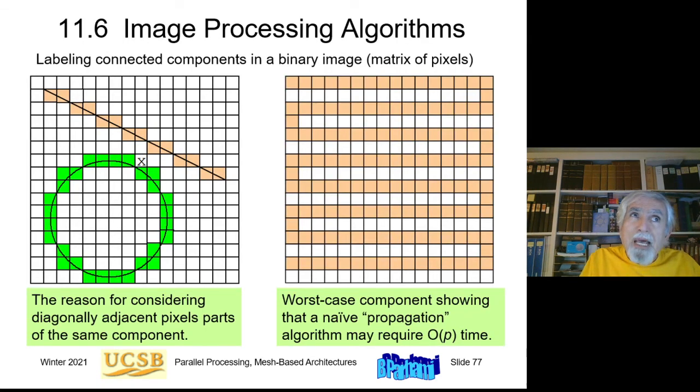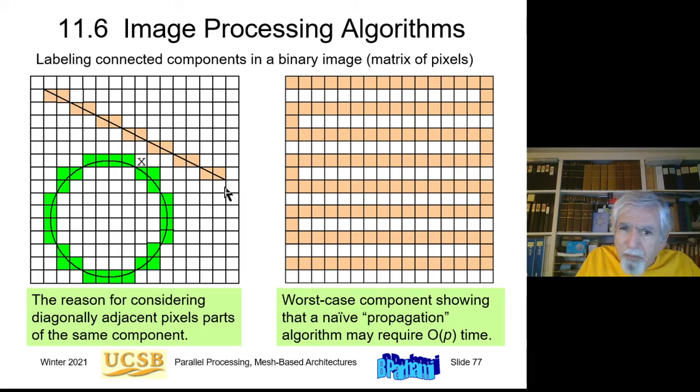Okay, the last algorithm in this chapter is image processing, basically finding connected components. So I take images to be basically black and white pixels. So black, I've used different shades, orange and green, but they're all black, to emphasize that basically this image contains